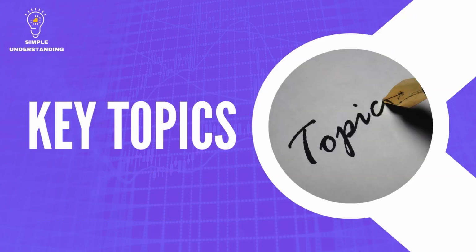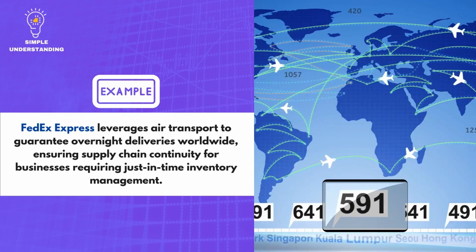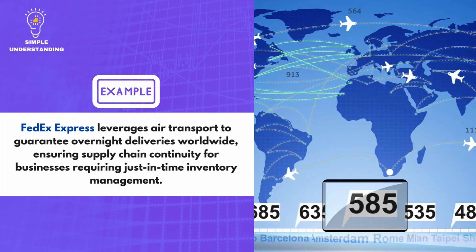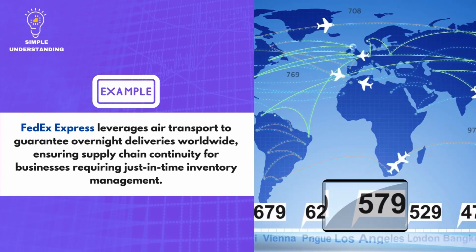Key topics. 1. Role of air transport in logistics. Explanation. Air transport is the fastest mode of freight movement, making it essential for urgent and high-value shipments. It provides global connectivity, ensuring rapid deliveries for industries like healthcare, e-commerce, and high-tech manufacturing. Real company example. FedEx Express leverages air transport to guarantee overnight deliveries worldwide, ensuring supply chain continuity for businesses requiring